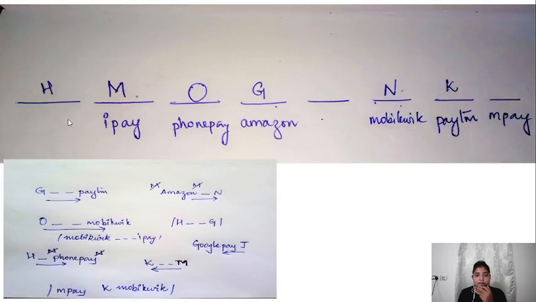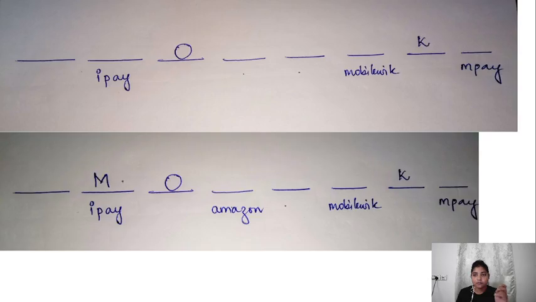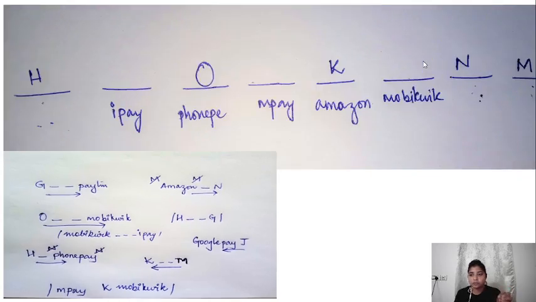Google Pay, if I write Google Pay here, I cannot write J here. If I write Google Pay here, I will not be able to write J here. So this possibility will get nullified, right? What possibility? Taking K here, MobiKwik, and K here will get nullified. So what next we will do? We will take MobiKwik, K, and then MPay. This is what the condition is: MobiKwik, K, and MPay. Now again, M and K, two people, and here is the M.